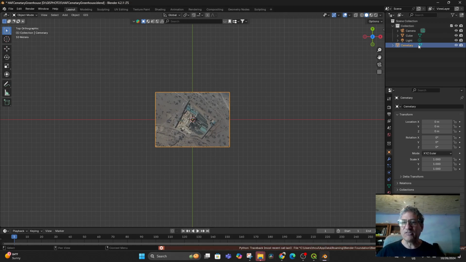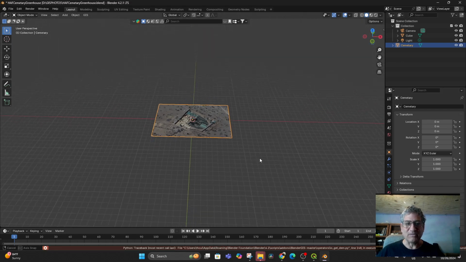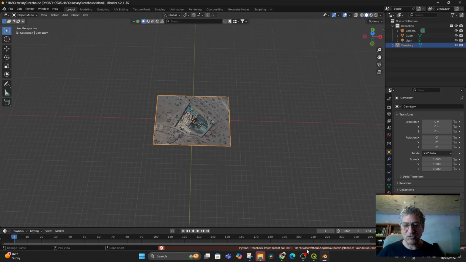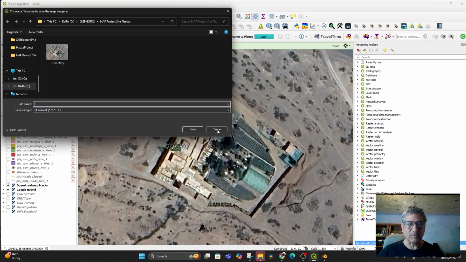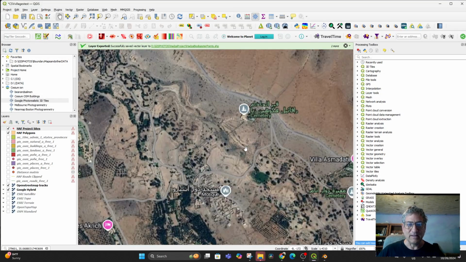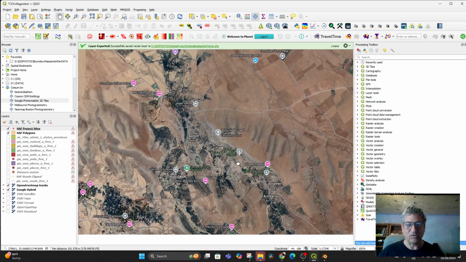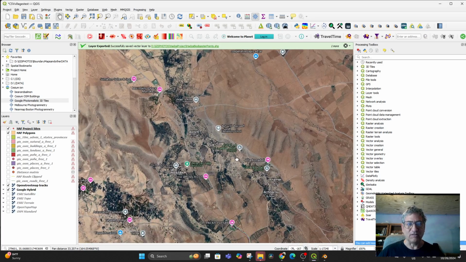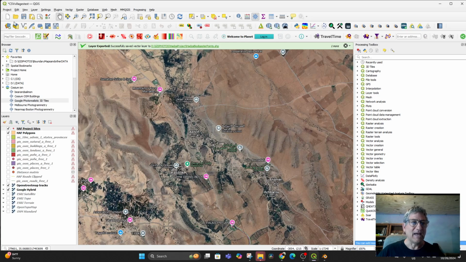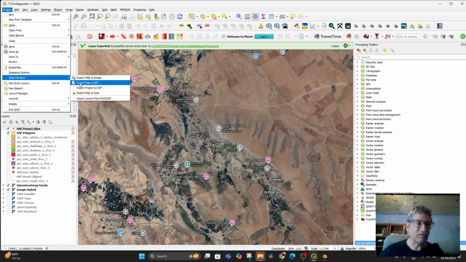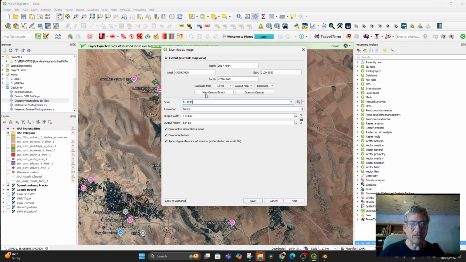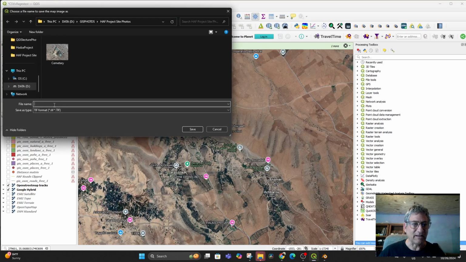So I can keep this layer in here, but to get the actual image in, I should do something that is a little bigger, like that, which has some topographical information. There's the cemetery, and there's the region it's in. So it won't hurt us to have all of this valley data here, and go ahead and do that again. So export map to image, pick the map canvas extent, which is now much larger, say save, and then I can call this